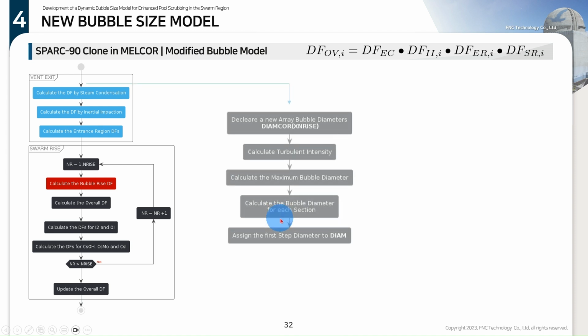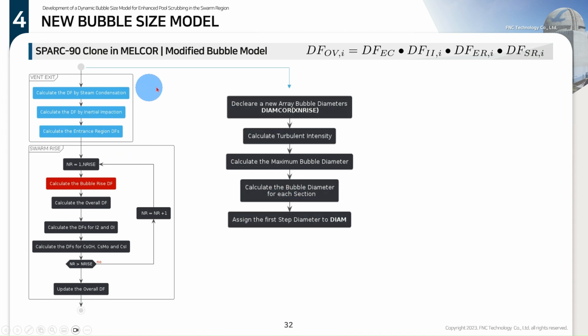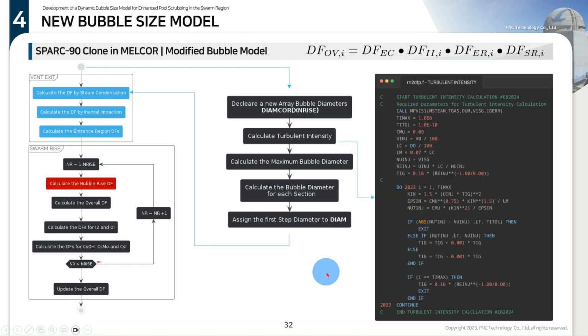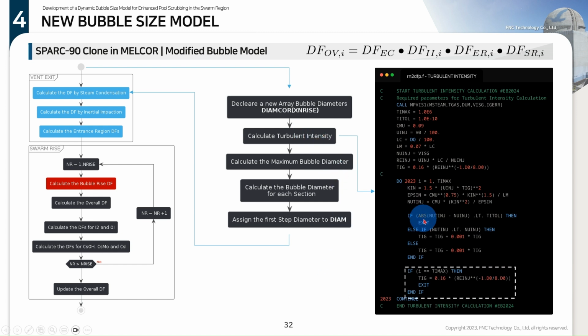And a new bubble size model was implemented to calculate the turbulent intensity and the maximum bubble diameter so that it can calculate the bubble diameter for each section so that the bubble diameter can be assigned to certain sections and continue. One assumption was made